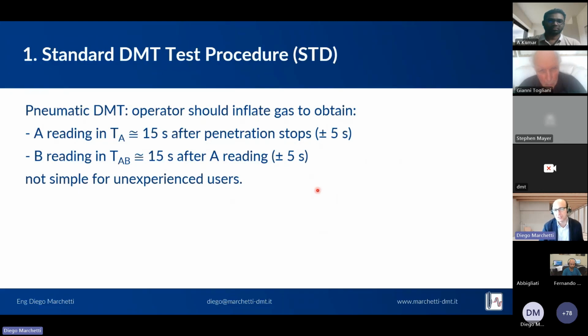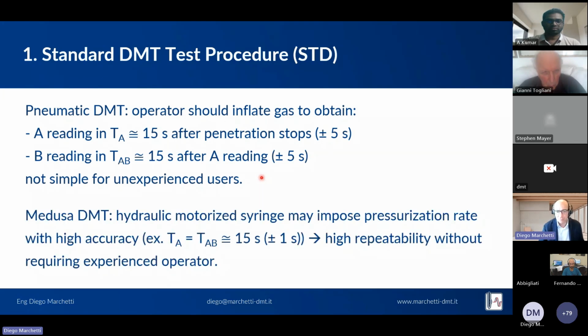The first test procedure is, of course, the standard test procedure that Professor Marchetti asked to perform. So his rule, also indicated in all the standards, is that the operator should inflate the A reading in about 15 seconds after penetration stops, with a range of plus or minus 5 seconds. And then again the B reading after A in an additional 15 seconds with a possible error of plus or minus 5 seconds. This type of timing is not so simple for inexperienced users, but also for any users because the gas is compressible and so you don't know how much gas you have to